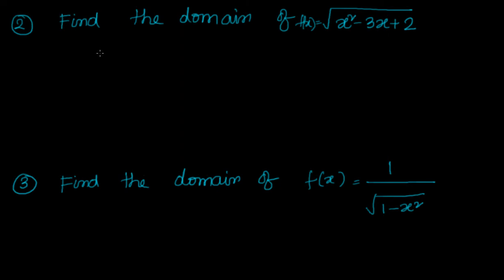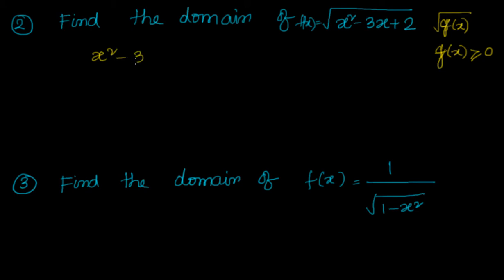In this problem we have to find the domain of the function f of x equal to square root of x square minus 3x plus 2. We already saw in the last session that if we have square root of f of x, then f of x should be greater than or equal to 0. Whatever the value I have, some function of x, that should be greater than or equal to 0. Why? Because then only I can have a real value, because I have been told these are all real functions. Okay. Now, what is the meaning of that?